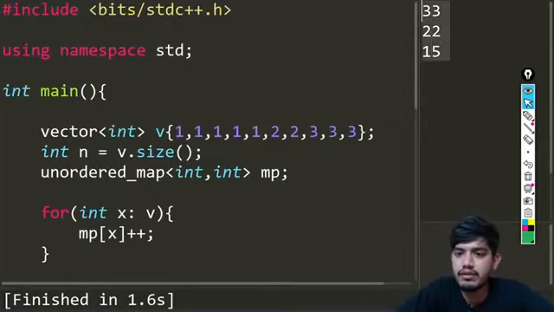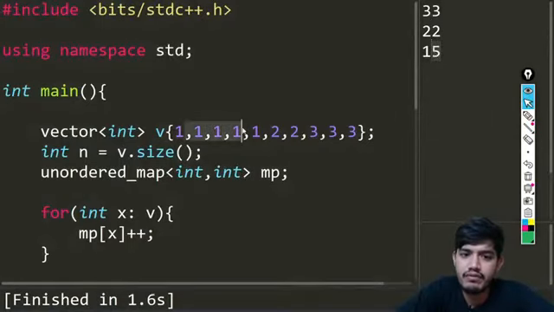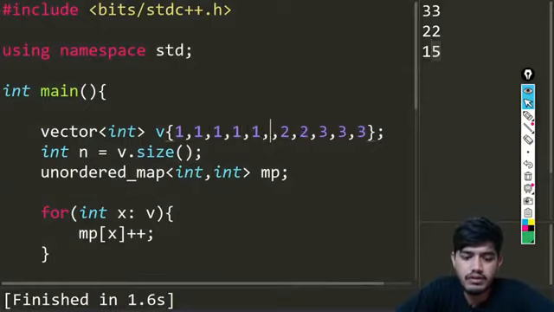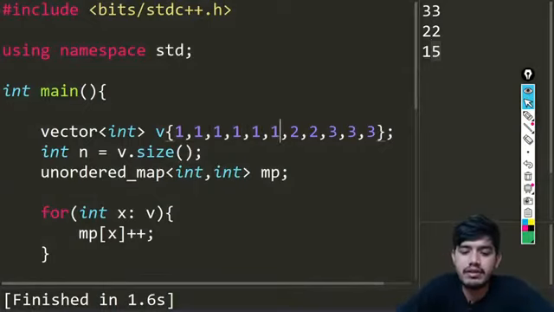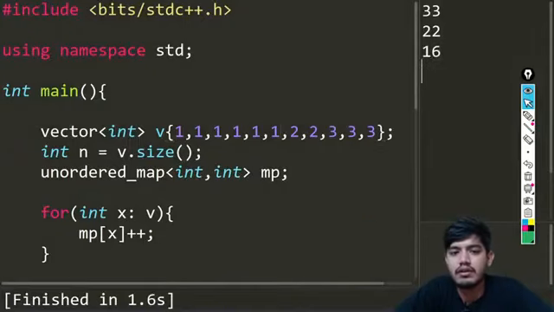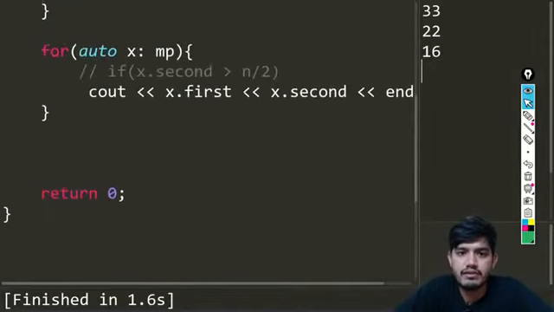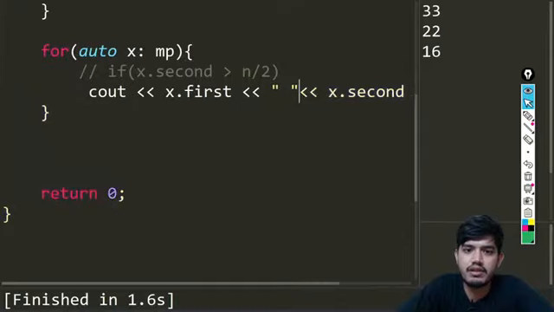Okay, so that is the solution, and in this you can see we are not going to be taking this 1, because it is coming 5 times. If we only take another 1, then in that case it is going to be printed. Okay, so that is this one. And if you want you can give some spaces between them so that you can easily see the output.